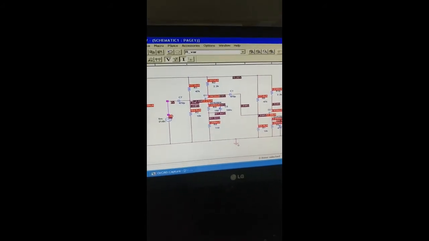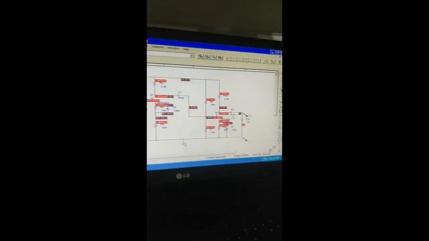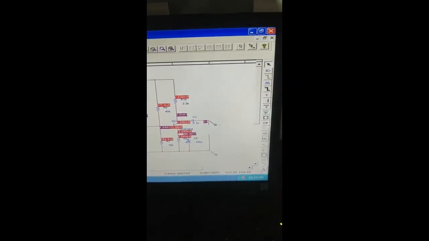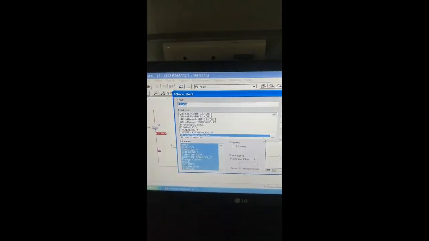Now remove this load resistor: just click on it, press delete, go to Place, Part, take R variable again, press R to rotate it and then place it here, escape. So you see the value of the variable resistor here is 1K.